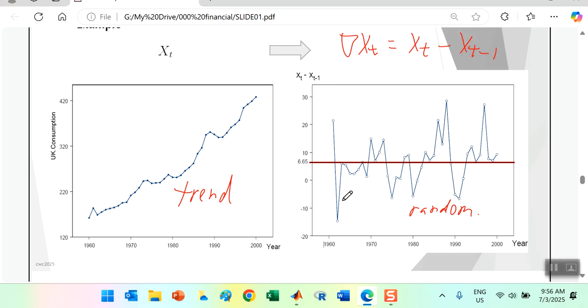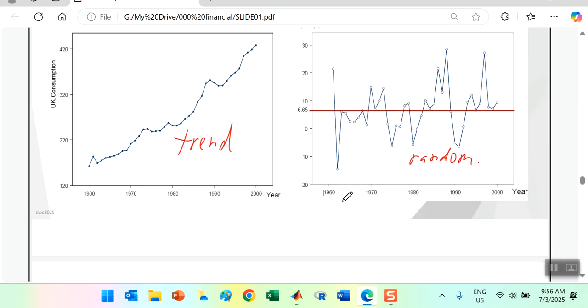Because if your data set has non-stationary behavior, then let's say the mean of your model xt will go to infinity as t goes to infinity, or the variance of xt will tend to go to positive or negative infinity. In real applications, we can't deal with infinity terms. So we need to make sure that our data set is